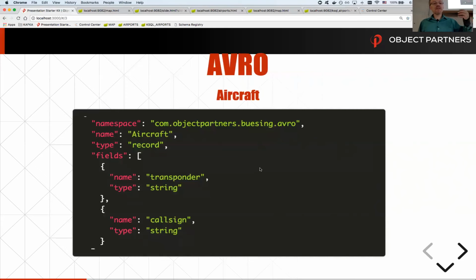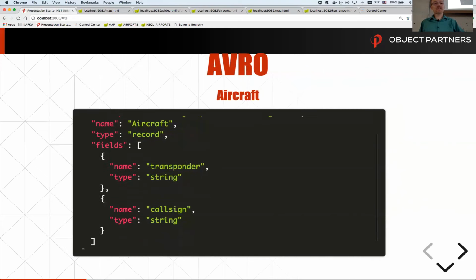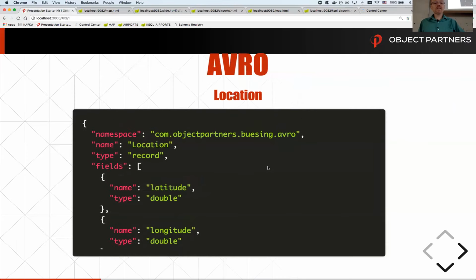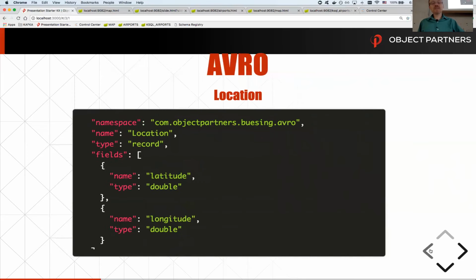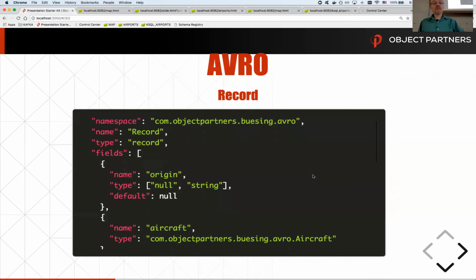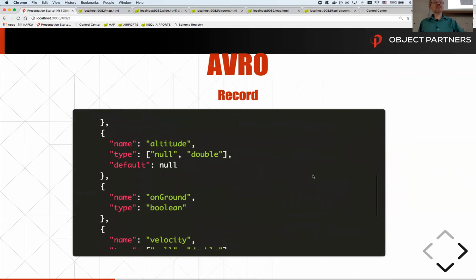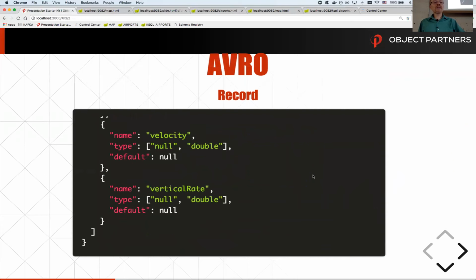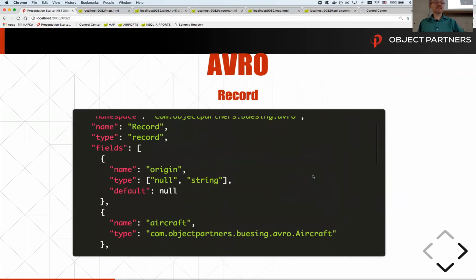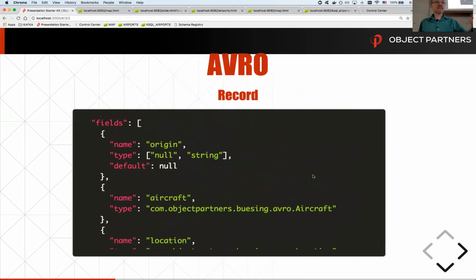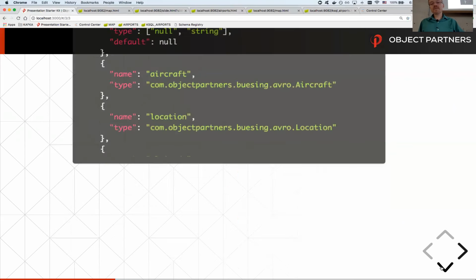I have an aircraft that has a transponder and a call sign. I put lat long into a separate record. A record is complete data from OpenSky that contains a variety of pieces, but the main piece really is the transponder that's in the aircraft and the location.